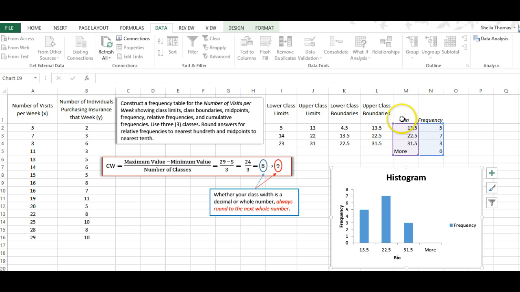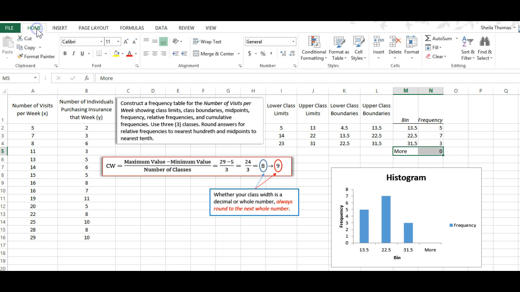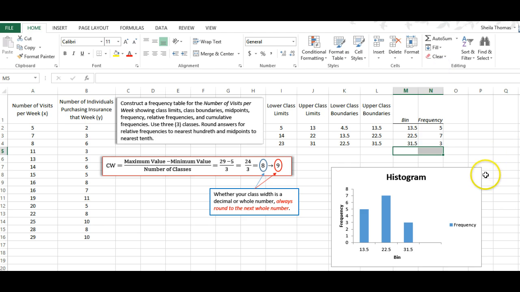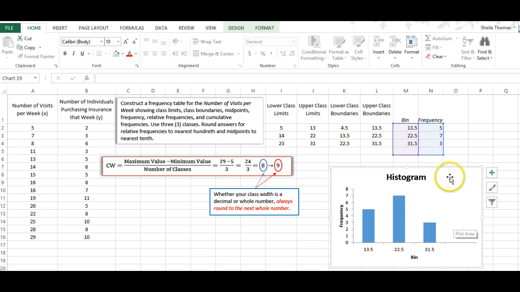notice that my bin here doesn't do anything but just repeat my upper class boundaries. And notice that I have this more and 0. Well, I don't really need that, so I'm just going to go over here, highlight it. I'm going to go to home, go over to clear, and click clear all. Get that out of there, and then here I'm going to click on this legend. I'm going to hit my delete key, and